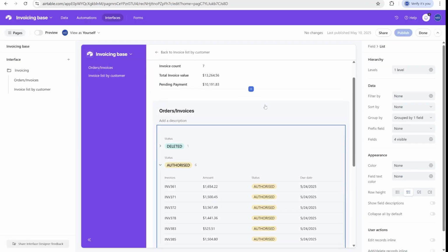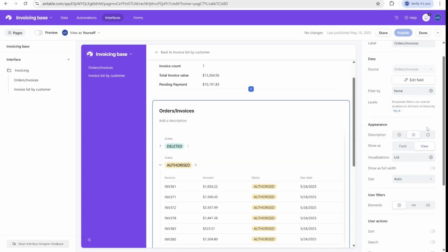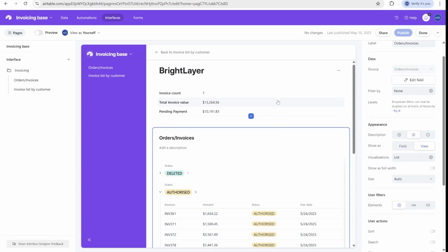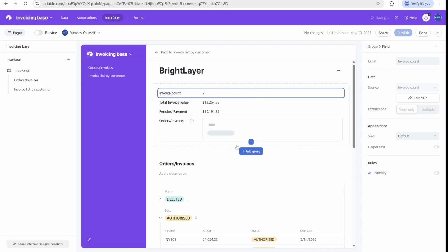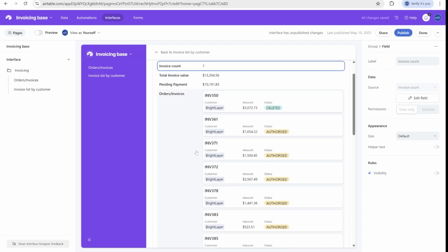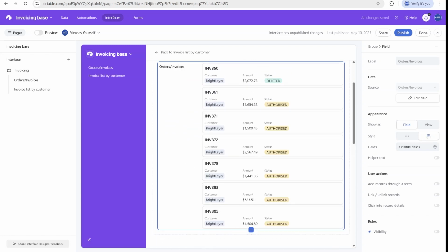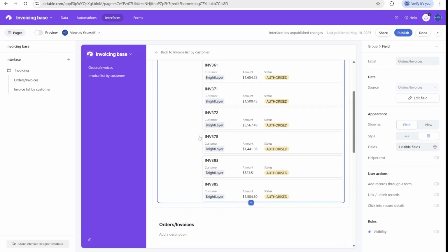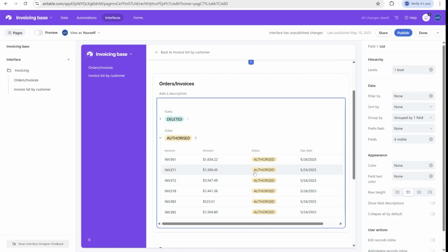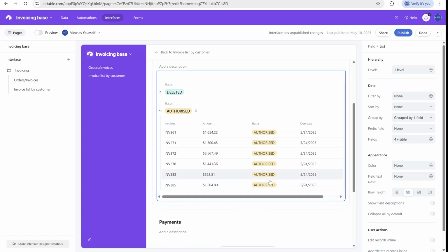You can see that once we click on it, this is a group that is not showing fields like you would have over here. Here we could add, for example, invoices. We could add invoices as a field, as you would see, but we can also change this to be a view. And when we change this to be a view, what you see would be something like this at the bottom. And this part is additionally grouped by the field status so that we can see which invoices are